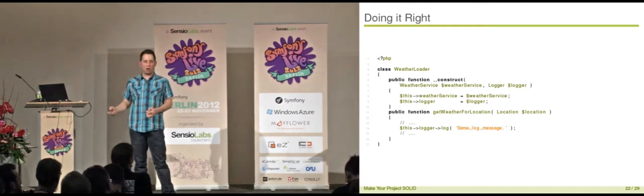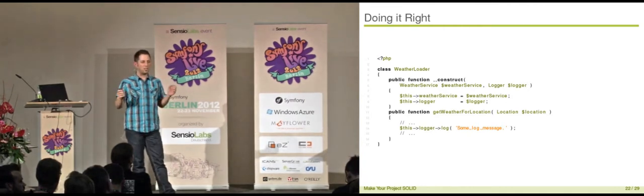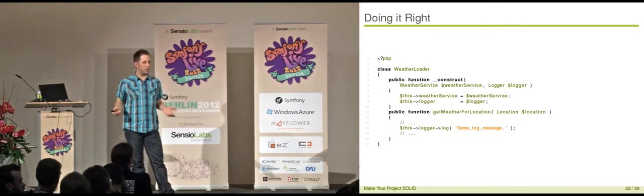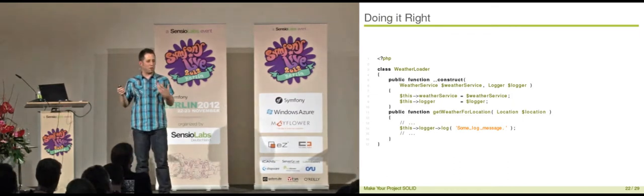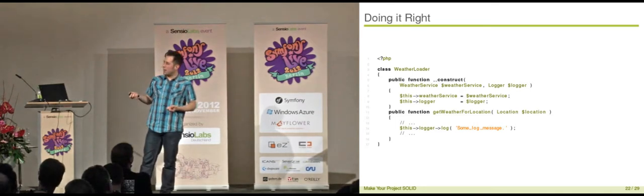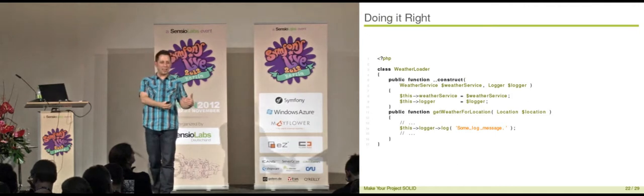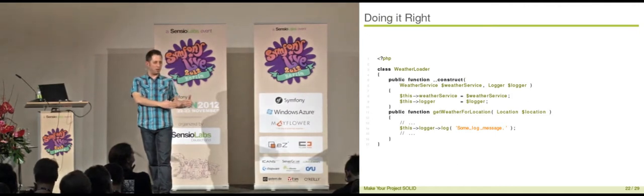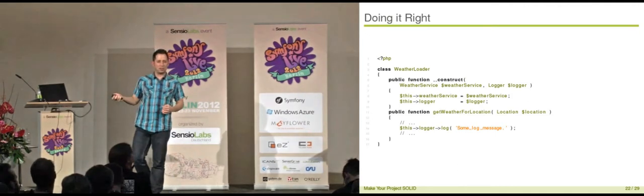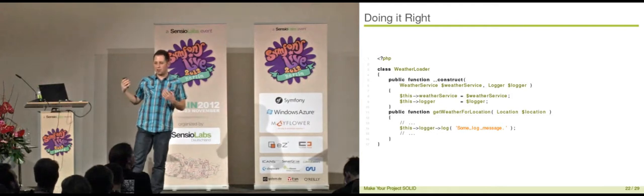I only want a logger to receive log methods. I don't care when it's written. And if it's written on destruction, then it should write it on destruction. But it should take care on its own. I want to create an abstraction in that case in order to hide what actually happens in the background. And that is one of the most dangerous things which you have in software development.